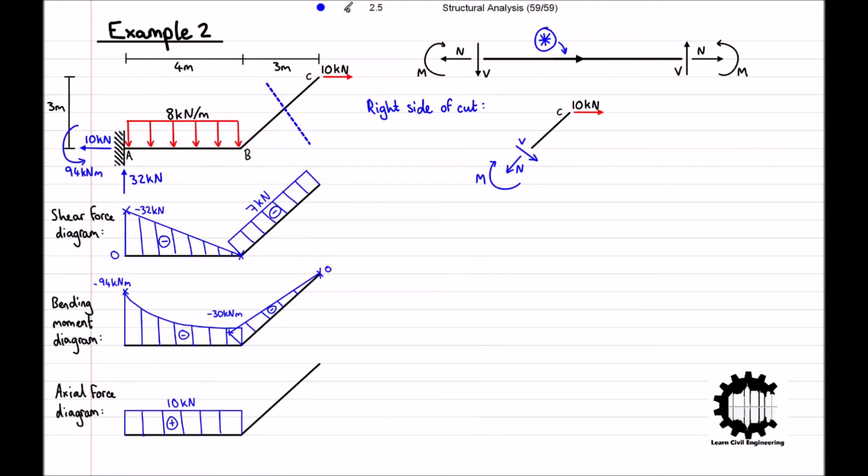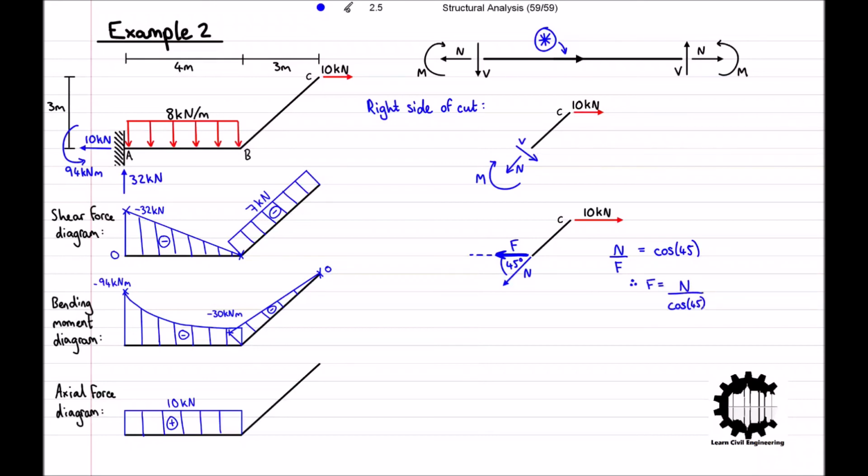Earlier on in the question, we used trigonometry to calculate the shear component of the 10 kilonewton force, and now we are going to do the same to find the horizontal component of the axial force in terms of N. Having drawn the diagram for the angle between the axial force, N, and the horizontal plane, and having drawn on the horizontal component of N, it will now be easier to derive an expression for it in terms of N. Using trigonometry, we know that the adjacent side divided by the hypotenuse is equal to the cosine of the angle, and therefore we can rearrange for our hypotenuse side, F, such that F is equal to N divided by